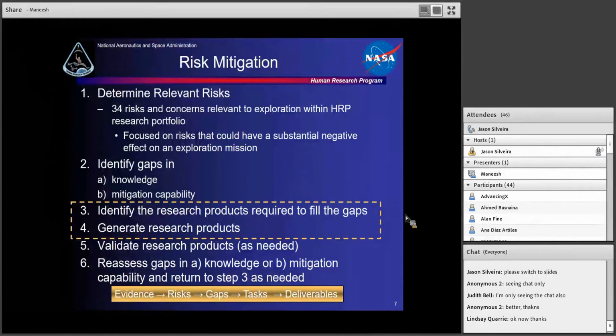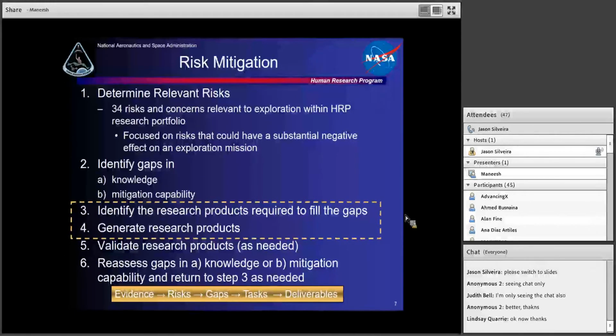So I mentioned risk mitigation earlier, and that's really what we're all about. If you look at this chart, it delineates the 6 steps that we have for risk mitigation. Largely, though, what we're talking about are 3 and 4. Identify the research products required to fill the gaps in our knowledge so that we can answer these risks, and then generate research products, whether those products are just knowledge that helps us understand the risk better, or if they're actually countermeasures or what you would call treatments here on Earth, things that we can use to treat a problem